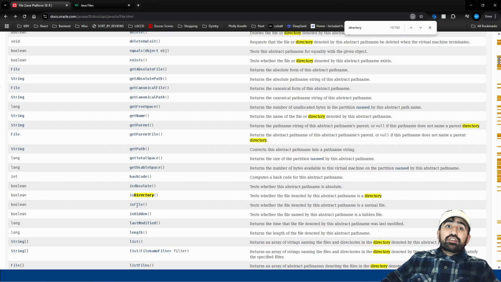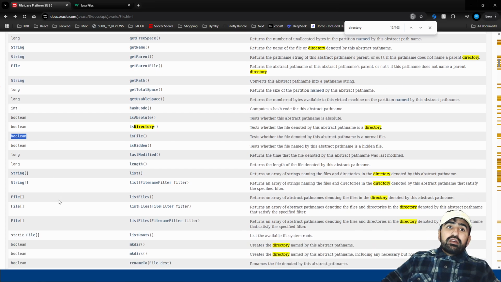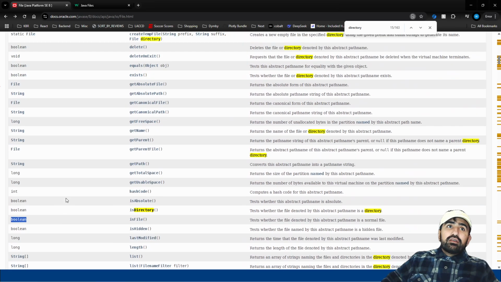If I want to check if it's a file, so directory is another word for folder, by the way, if you're unfamiliar. If it's not a folder or directory, then it must be a file. So I could do file dot isFile, and that'll tell me if that particular file is an actual file. If it's a directory, it's going to return false. If it is indeed a file, it'll return true. So it's going to output something. So yeah, these are the